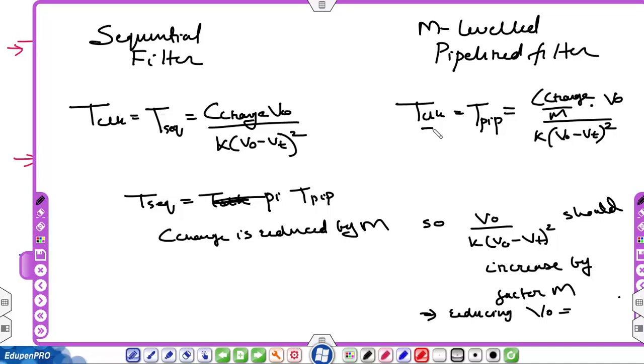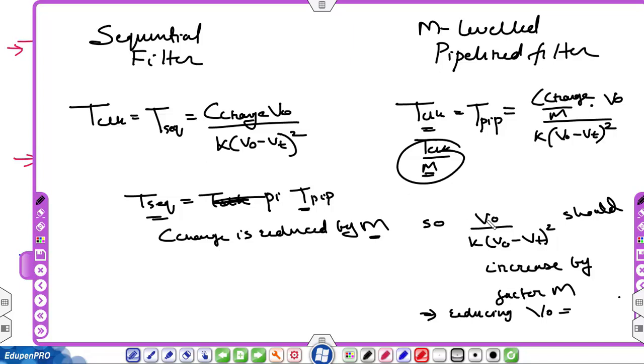We could reduce its clock speed by factor M, ideally saying that it can be T clock by M, but we are not doing this. We want to keep the speed the same. Now in this equation, C charge is reduced by factor M. Comparing these two terms, this T clock will be divided by factor M,